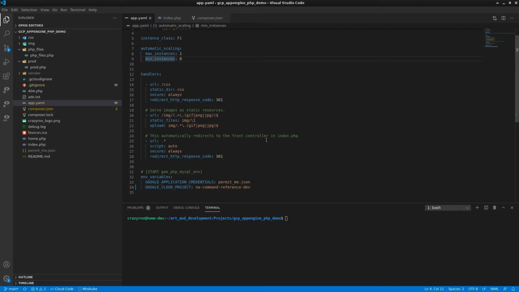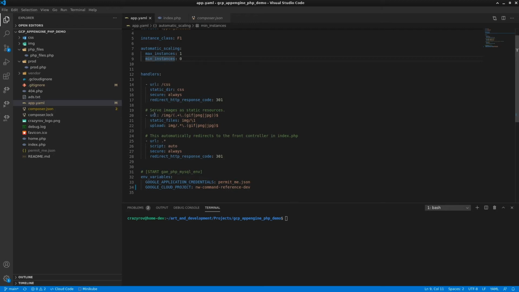If you have defined any static handlers, you must also define a handler for all other application traffic to route to an entry point. To route to an entry point, specify the path to your front controller within the entry point element, or use the script element if your app contains a public/index.php or index.php, which is what I have used.